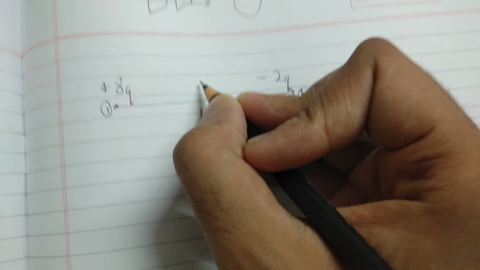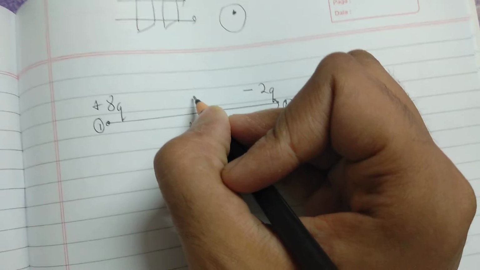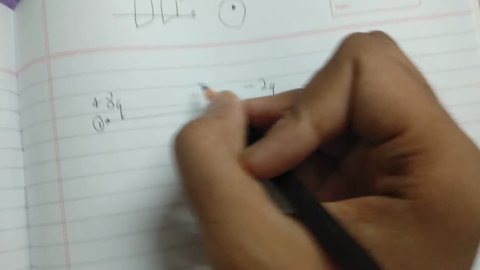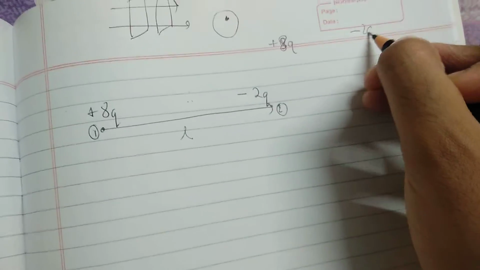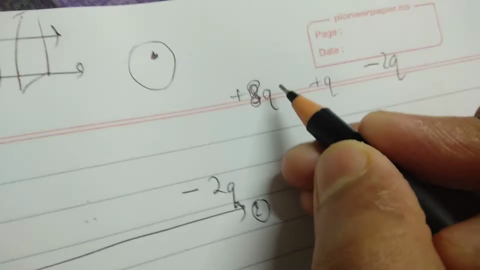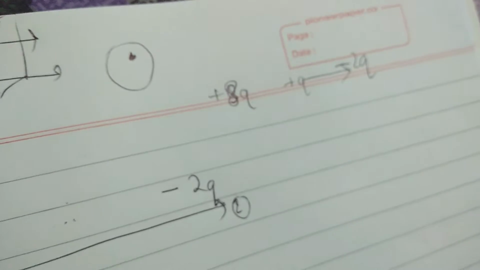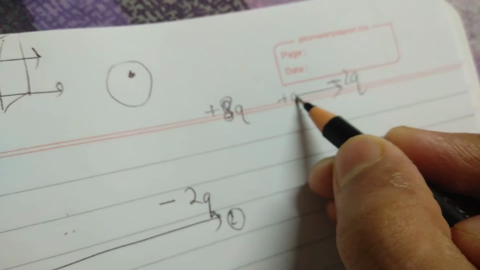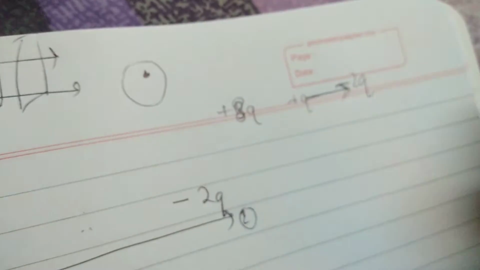Suppose let us assume that the electric field is 0 somewhere between the charges, at the center. We don't know where, so let us assume. Will it be true? Here we have plus 8q and here we have minus 2q, and in the center let me bring a positive test charge plus q. Due to plus 8q, it will be repelled, because positive repels, and minus 2q will again attract the plus. So both the electric fields will be acting in the same direction. They can never be 0, they will always be in the same direction.